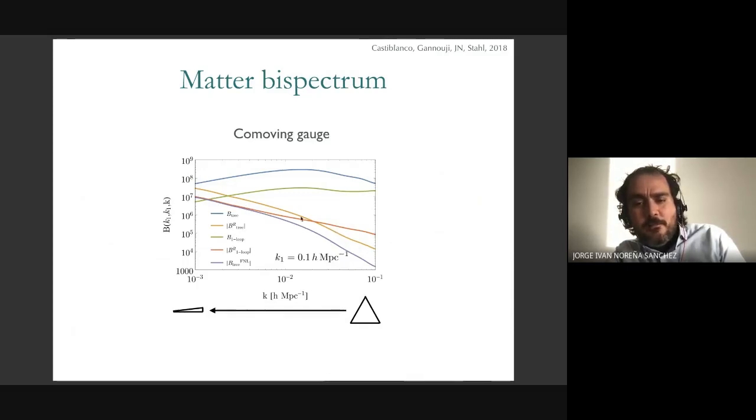And the orange line is the tree-level relativistic effects. And you can see that it has the same 1 over k squared divergence. Moreover, we noticed something that is not very often highlighted in the literature. This F2 coming from the nonlinear initial conditions has exactly the same time dependence as the primordial signal, so it's completely degenerate with the primordial signal. Of course, if you go away from the squeezed limit, they can behave generically very differently.